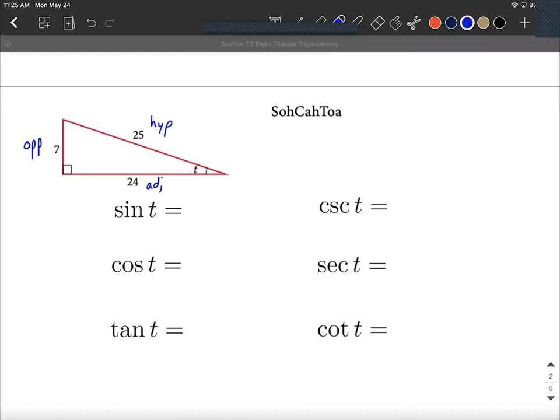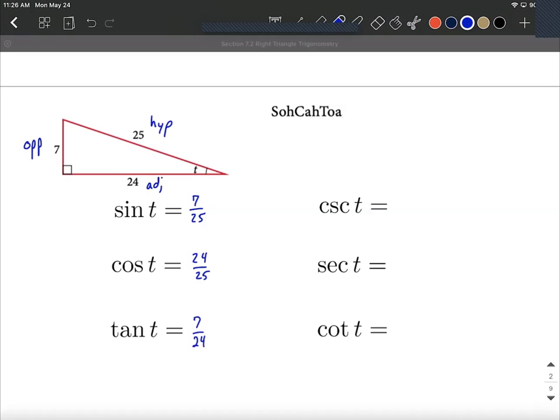So sine of t is going to be the opposite over the hypotenuse. So in our case, that's going to be 7 over 25. Cosine is going to go as adjacent over hypotenuse, 24 over 25. And then tangent, opposite over adjacent. So 7 over 24. Now that we have each of these three, the primary trigonometric functions, we can get cosecant,